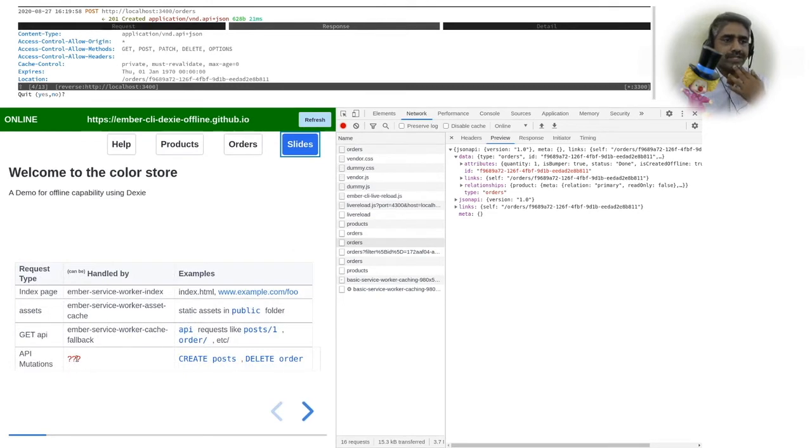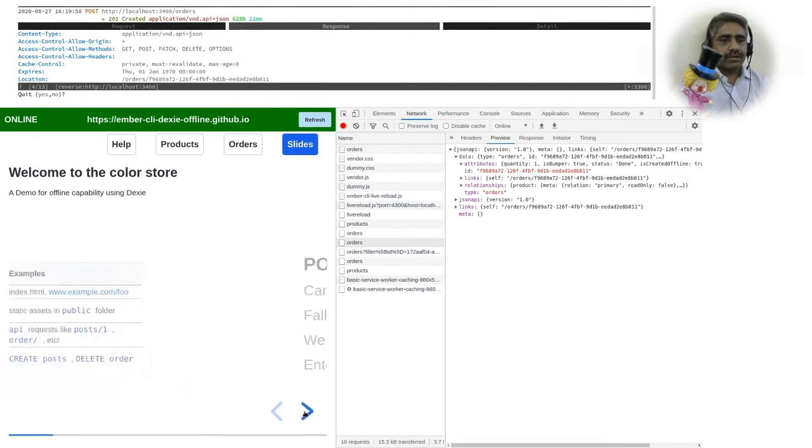So the API mutations, as we discussed, like the create, delete and puts, are not supported by the service worker mechanism, primarily because the requests are not idempotent, right? So what we are doing here is caching the responses for the API calls that cause mutations onto IndexedDB using an easy wrapper called Dexie, and we route all those requests that go through the Ember adapter to Dexie while we are offline.